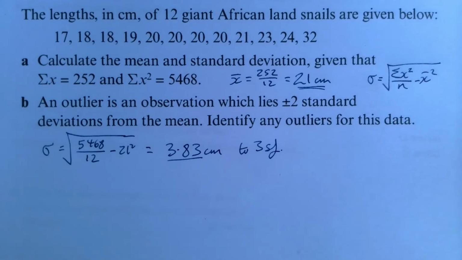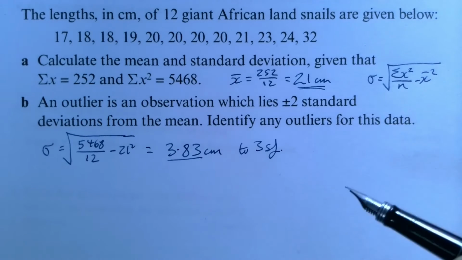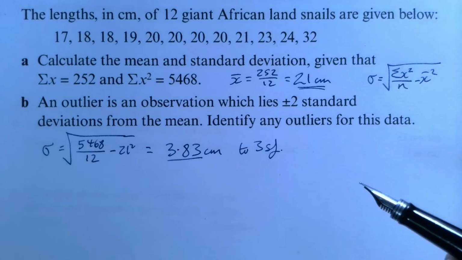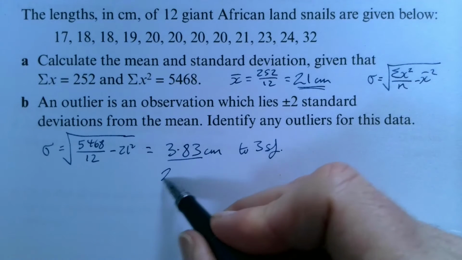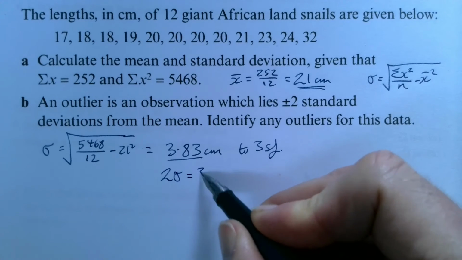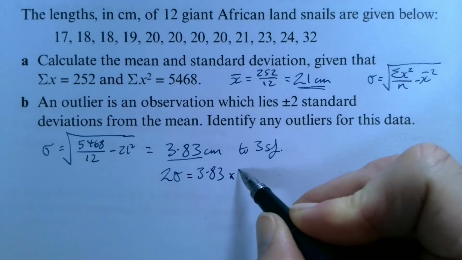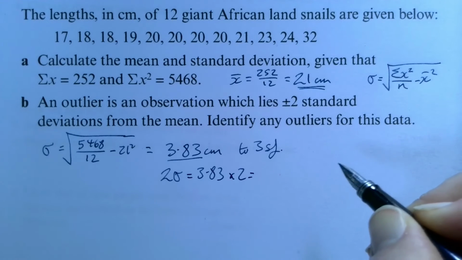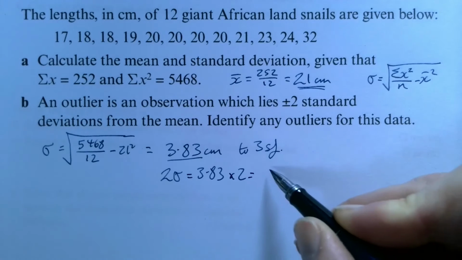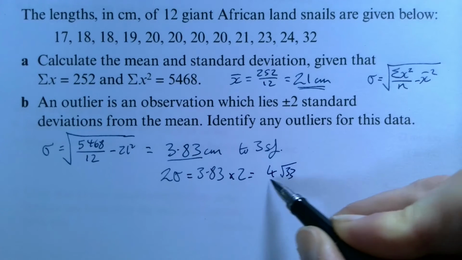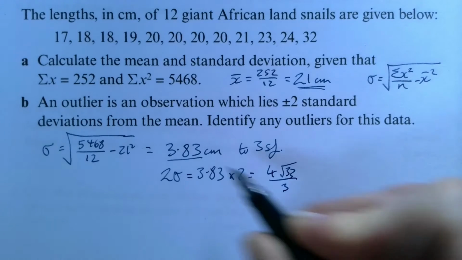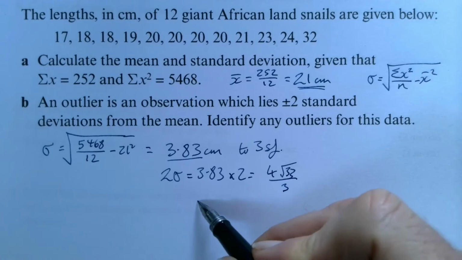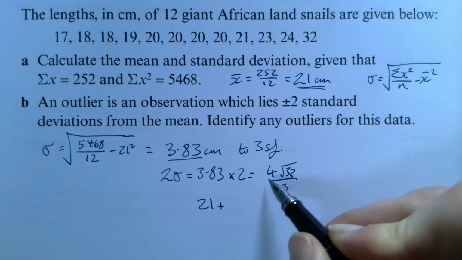Right, so if an outlier is defined by plus or minus 2 standard deviations from the mean, the first thing we need to do is say, right, well, 2 standard deviations are going to be 3.83 times 2, which is 7 point something. Actually, in my calculator, I've just got it down as 4 root 33.3 because I've kept my answer exact from there. Now, if I add that to 21,